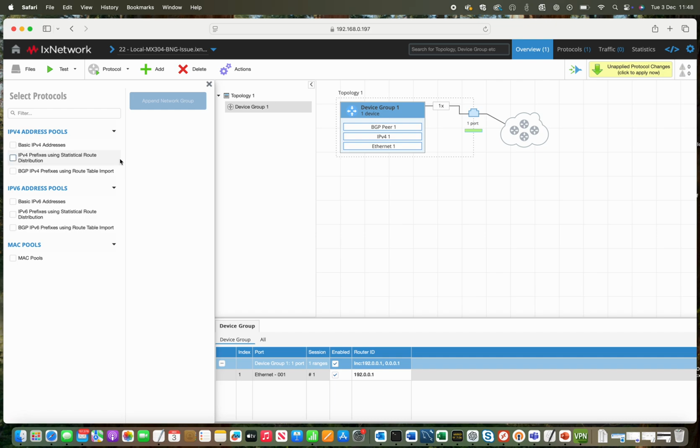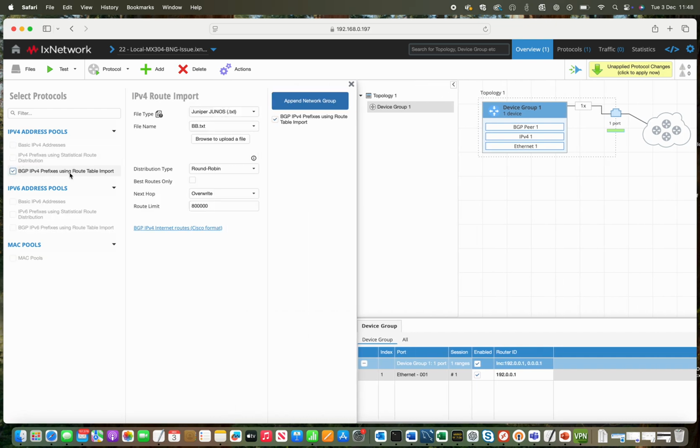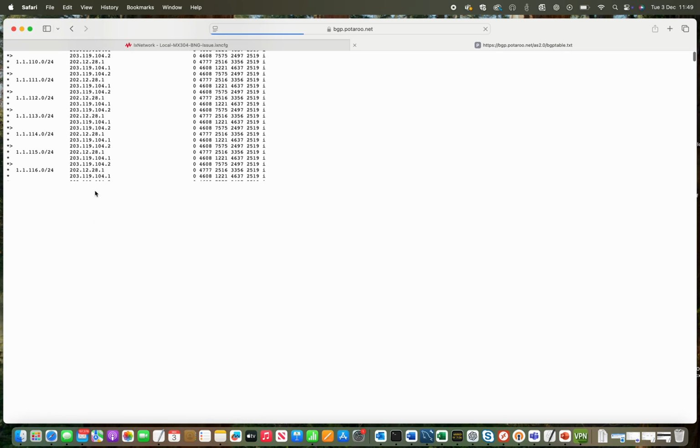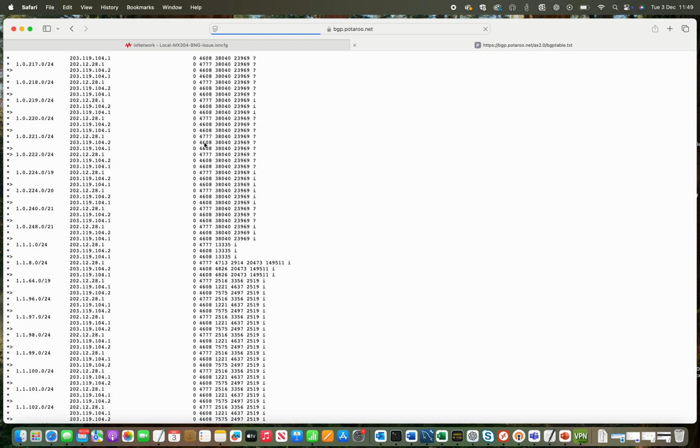And once you click on the network group, you do have an option called BGP IPv4 prefix using route import table. Now the routes from the public routing table sample are available here. As you can see, BGP IPv4 internet route Cisco format. Now if you were to open that, it would show you those routes that are in that format. So you can see all those routes that are there. So this is pretty much replaying an internet routing table from this website,